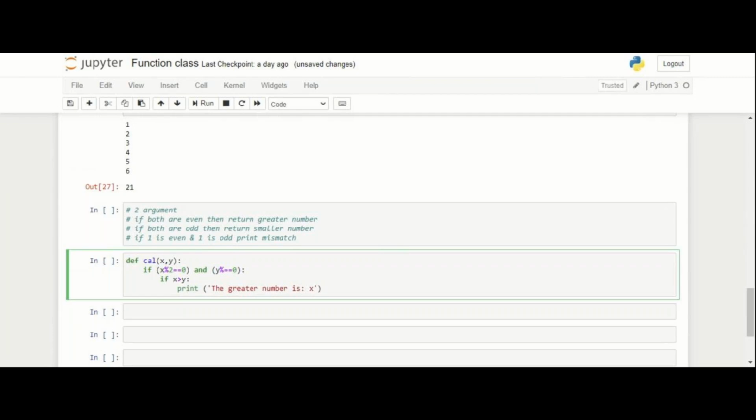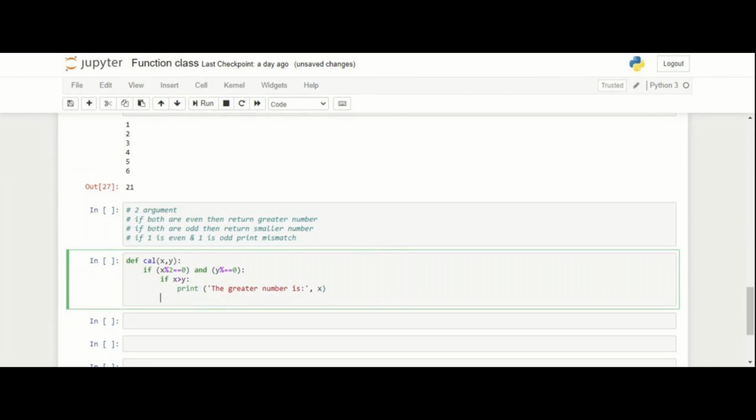Then you need to pass one more else statement. Exactly.